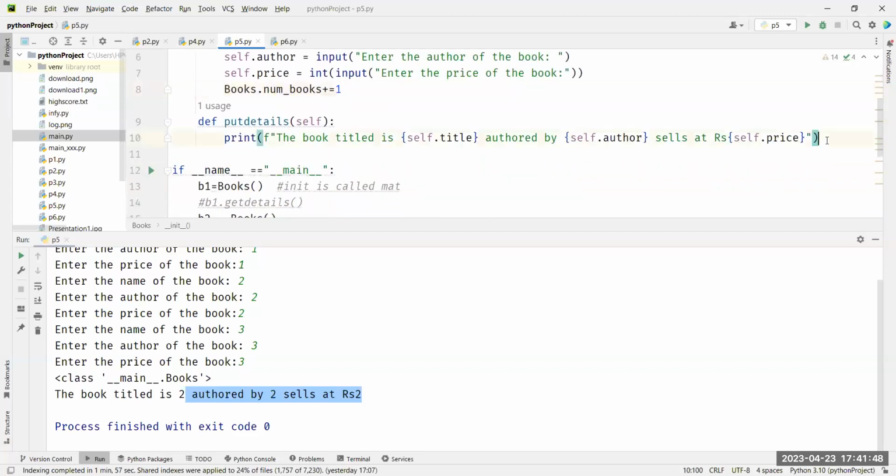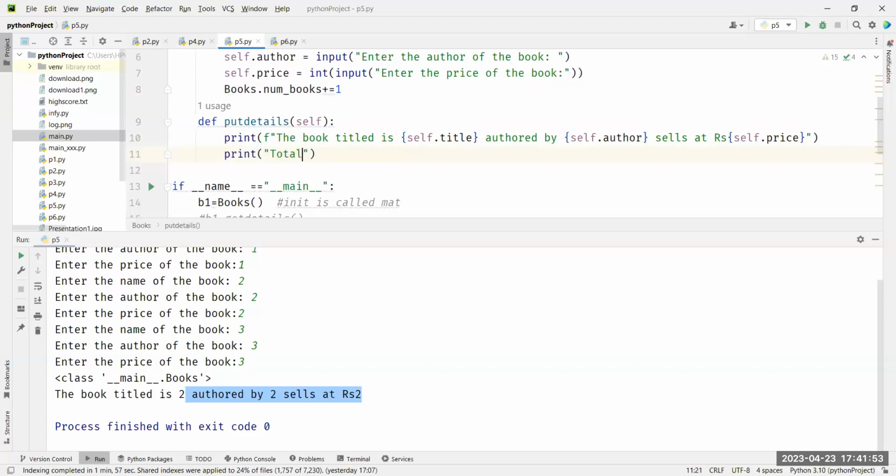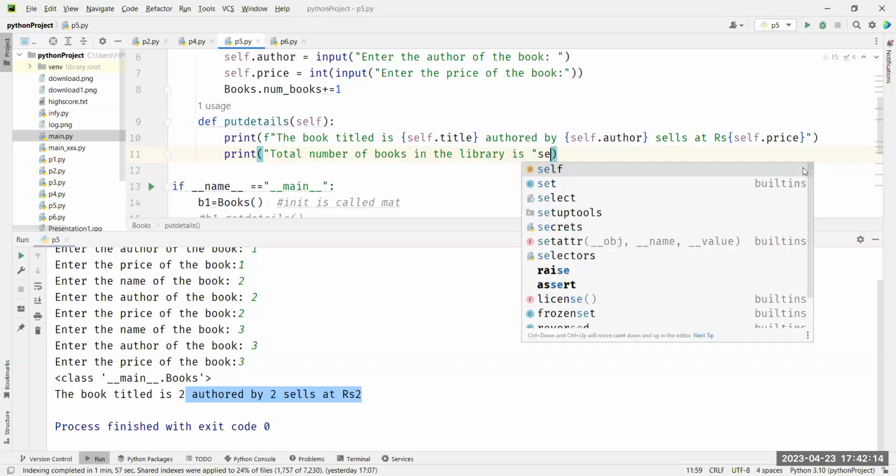And I can even print it here. I can say print, total number of books in the library is,